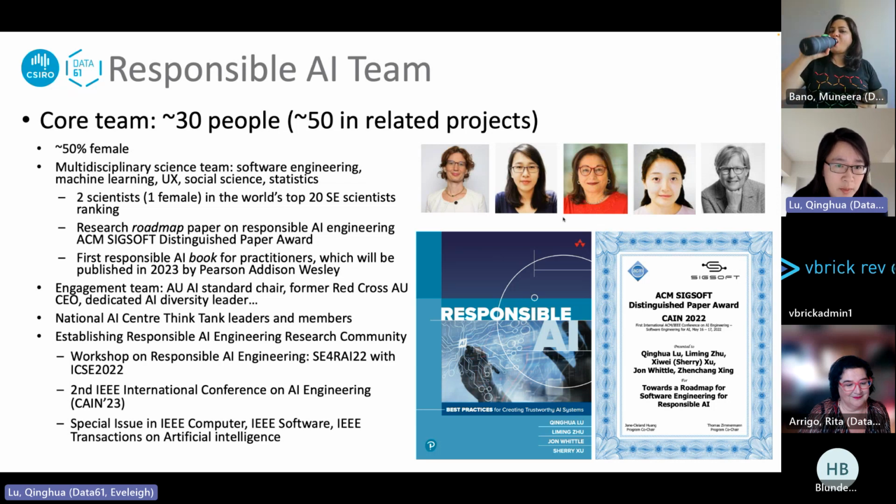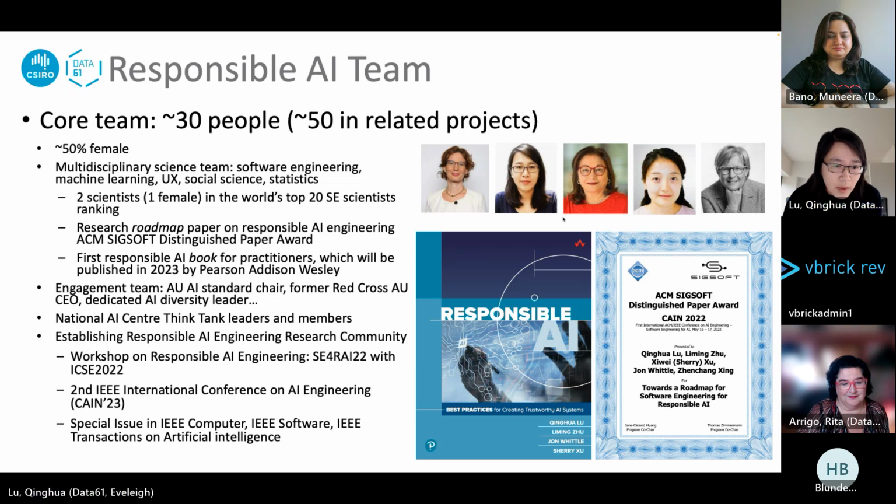Our team is multidisciplinary, so we have colleagues with different backgrounds, including software engineering, machine learning, user interaction, social science, and statistics. Two colleagues in our team are included in the world top 20 software engineering scientists ranking. We have published a research roadmap paper on responsible AI engineering at the first AI engineering conference, and our paper has won the ACM Distinguished Paper Award. We recently completed the first responsible AI book for practitioners, and the book will be published in November this year